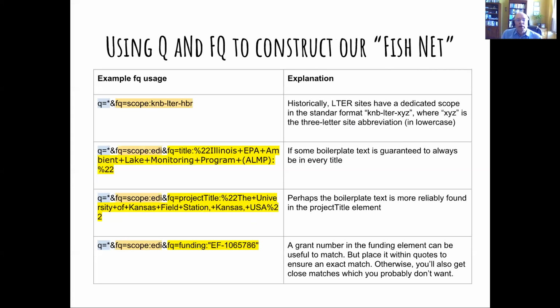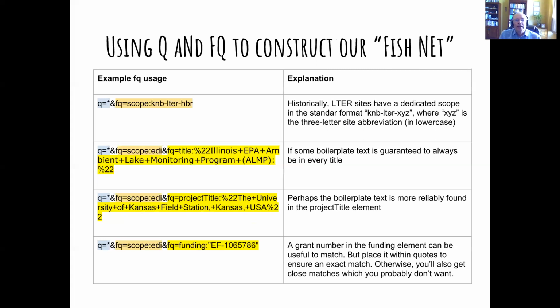So I think it works well to let Q match everything by using Q equals asterisk, a wildcard query that will match any content in any field of any document in the repository, but then use the FQ parameter to do the actual heavy lifting of including all the documents that belong in our inventory. The first example above is very simple. Filter on scope value of